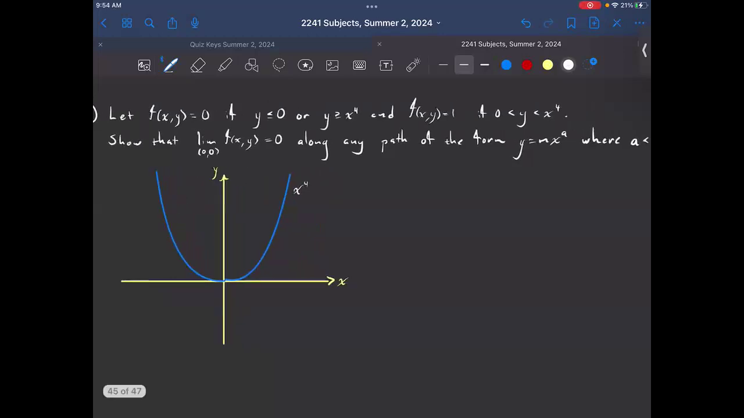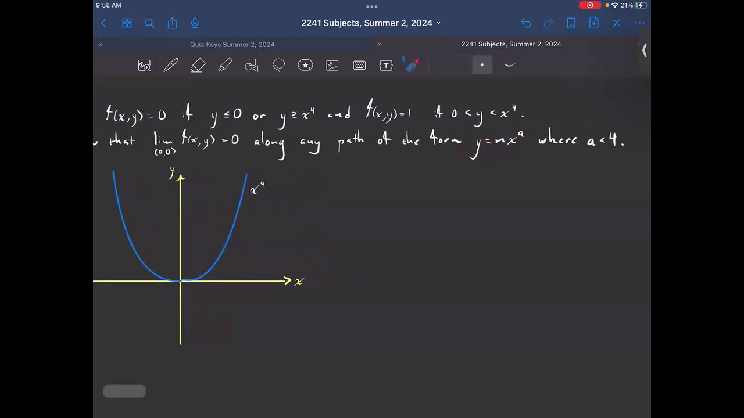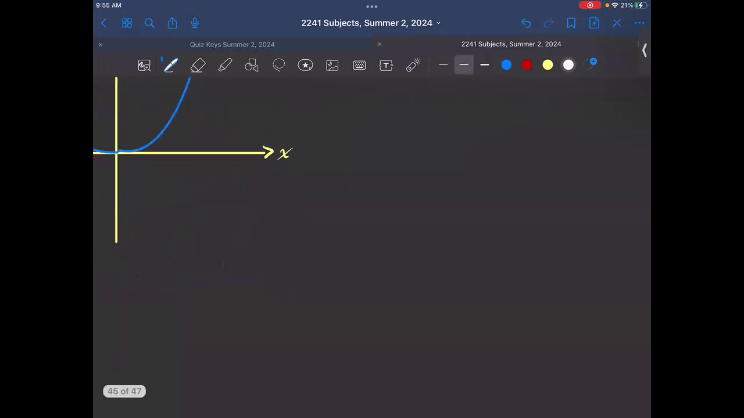So it says along any path of this form. Essentially, they're giving us the path to check. So f of x comma m x to the a power. And well, I don't know exactly what that looks like. Essentially, we have something that looks like maybe a cubic curve, and if you zoom in on the cubic graph on the x-axis here,